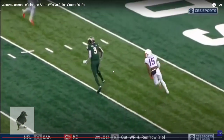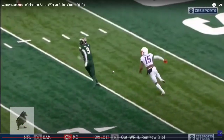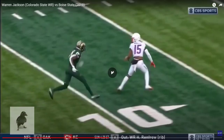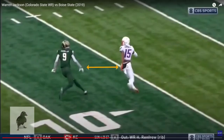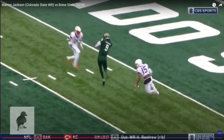But what makes this play really tick? It's not just the toughness here and the concentration. Let's take a look at it one more time here as he works up his stem. What makes this tick is the next step, not the one that he's making with his outside foot, but this inside foot right there. See how he turns the foot? See the flexion right there with that foot? That's going to afford him space between the defender who's playing over top of him so that he can make a nice inside break that affords him the separation needed to make the catch early enough to secure the ball